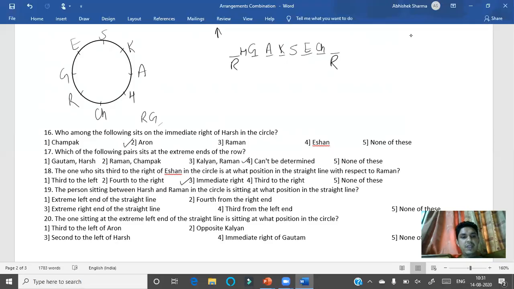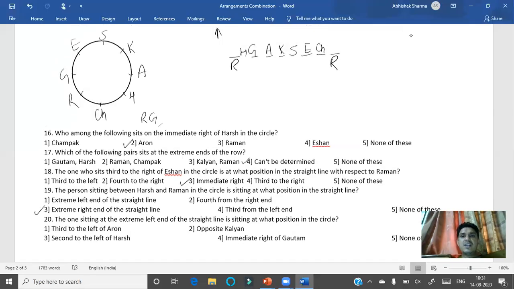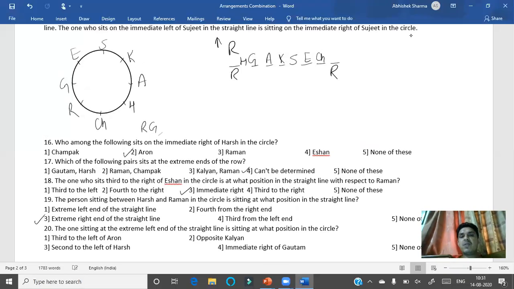No. Extreme right end of the line can be. Third from the left end? No. The answer will be extreme right end of the straight line. Apart from this, we are not getting any answer. So Raman is starting from here and Champak is starting from there,